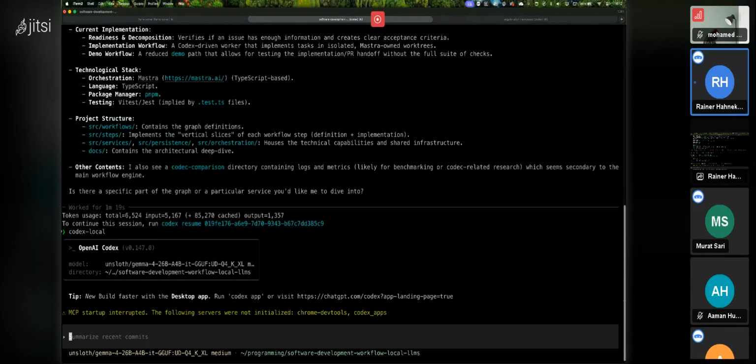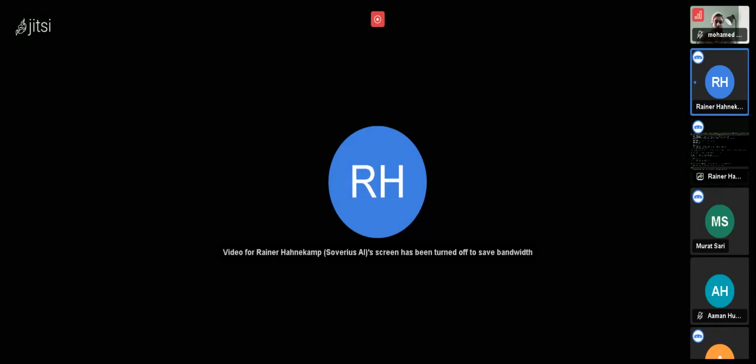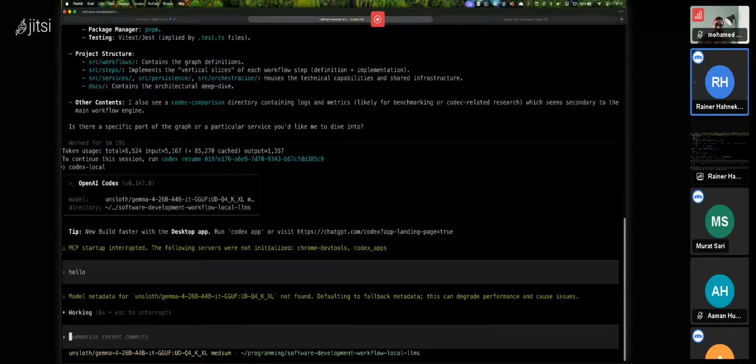So in this case, Codex starts up. It gives me the confirmation that it is now also using the Gemma 4 model. It has been configured for that. And now I can start to do the same conversation as I could before with the normal UI window. So we see it now, it is working with the hello.